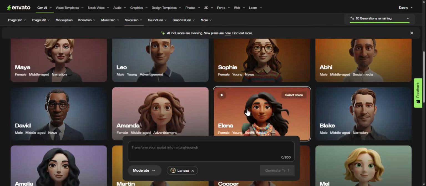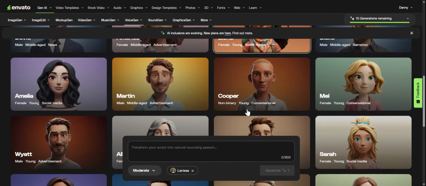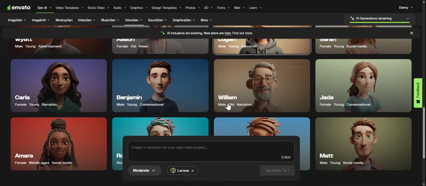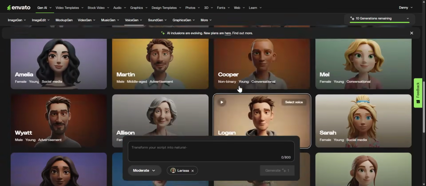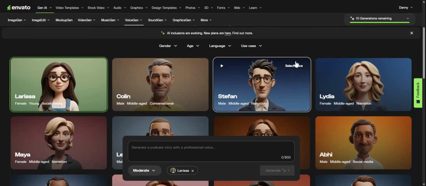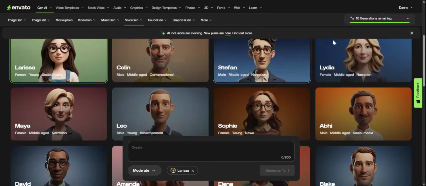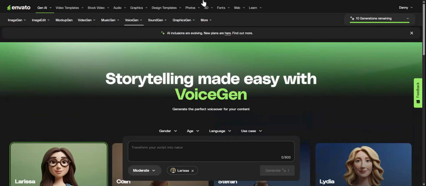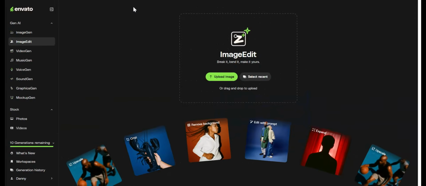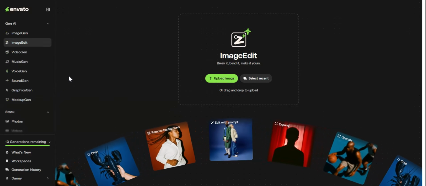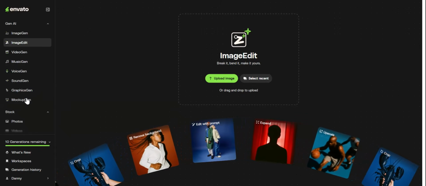and all of these other services. So this literally pulls all of the things that you would normally use in lots and lots of different places under one roof for one subscription. And if you do upgrade to Ultra, you get a big bunch of credits that you can use pretty much unlimited across the board. So this is really exciting. You can see there you've got different styles of voices. You can create your own voices and more. So using this site as a one-stop shop for all images, graphics, video, AI generations, save you a big bunch